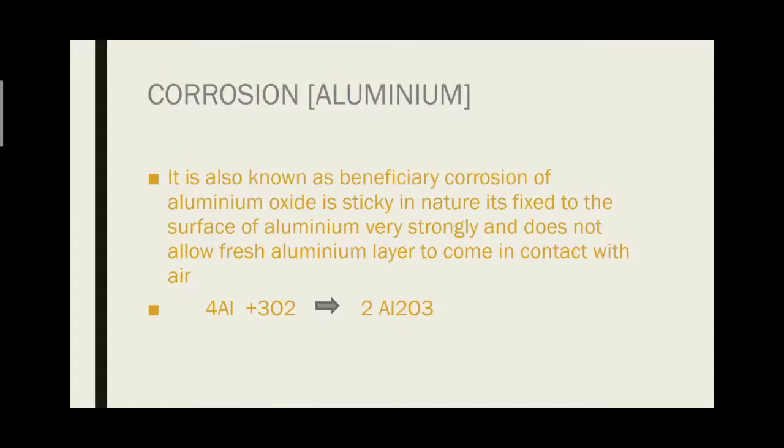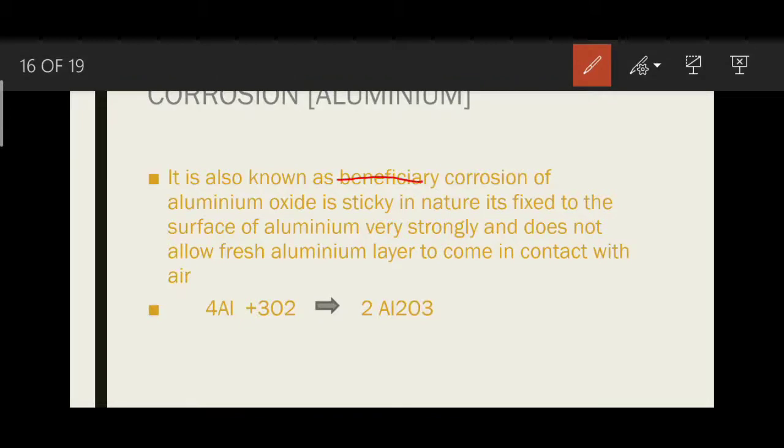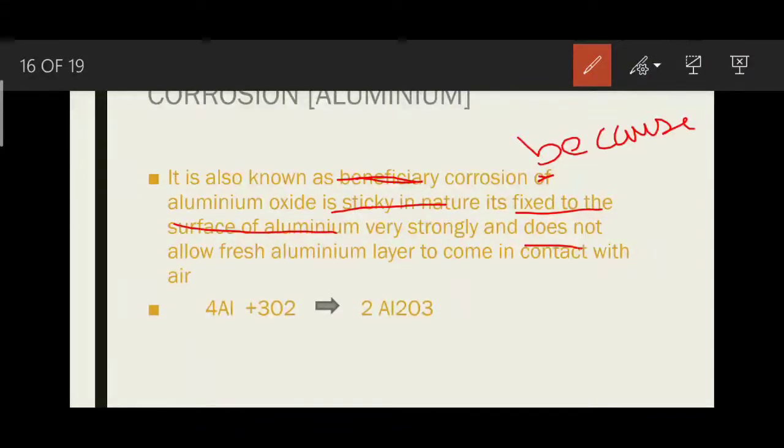Now, corrosion of aluminium. Spelling mistake: this is beneficial, please correct it. It is also known as beneficial corrosion of aluminium because aluminium oxide is sticky in nature. It's fixed to the surface of aluminium very strongly and does not allow a fresh aluminium layer to come in contact